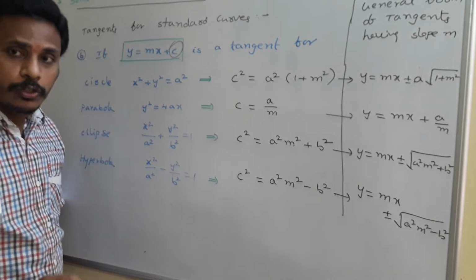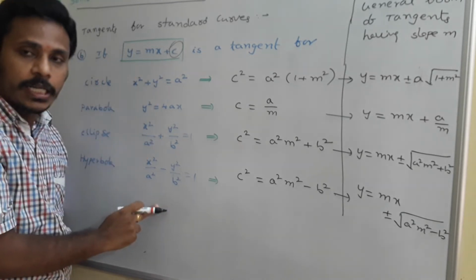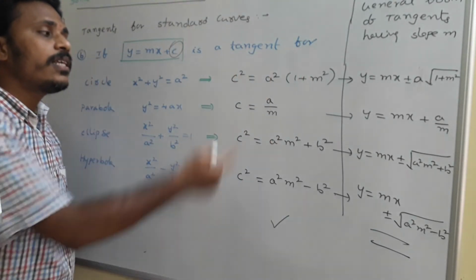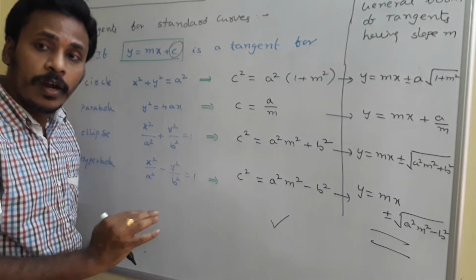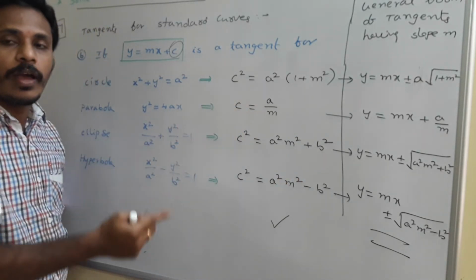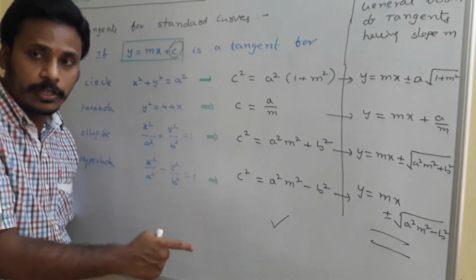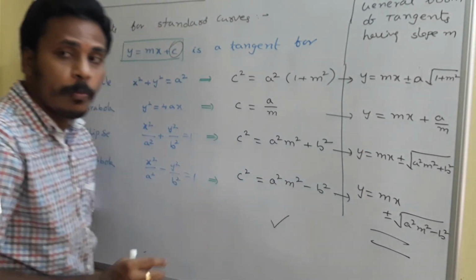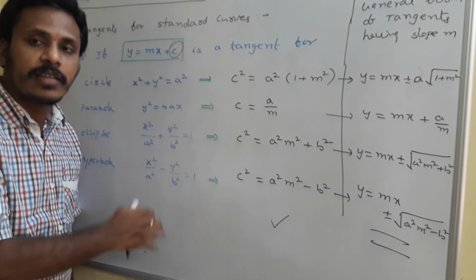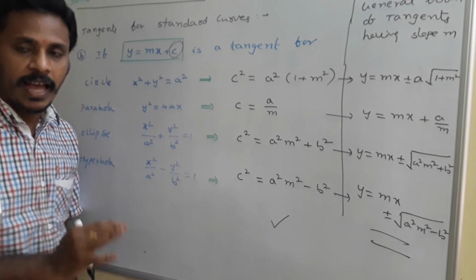Okay, so what I am going to say at the end, if this general line y is equals mx plus c is a tangent for these standard curves, these are the tangent conditions and these are the general tangents. These tangent conditions are helpful to find any unknown value among these three, c, a, m. If you have any unknown value among these three, these tangent conditions help us to find those unknown values using these conditions. And this general tangent helps us to mention the tangent. If you know a and m, easily you will mention the tangent for these standard curves. Okay. All these things you need to keep in mind to solve the problems of mains easily. Have a look.